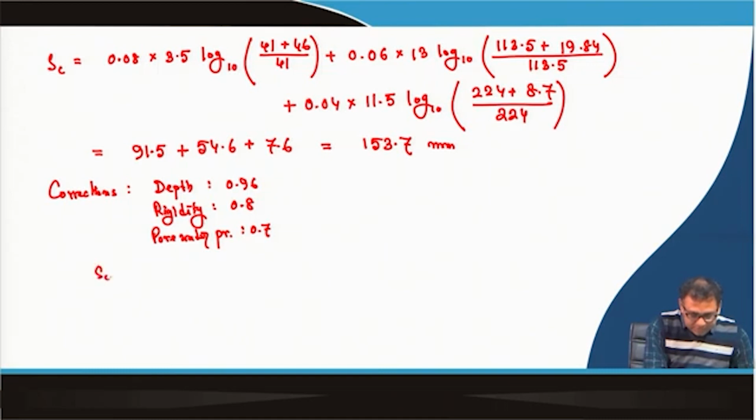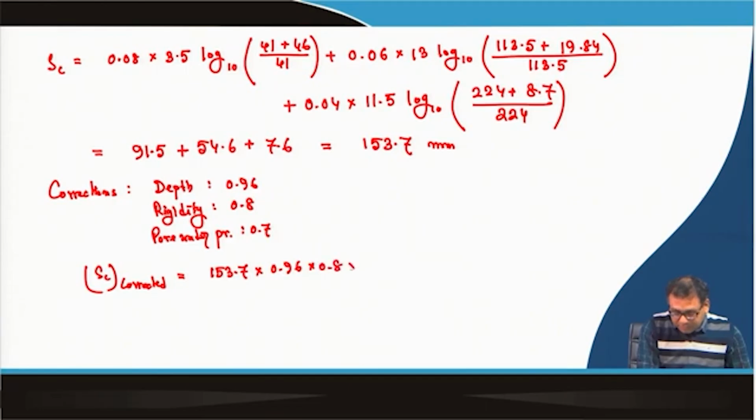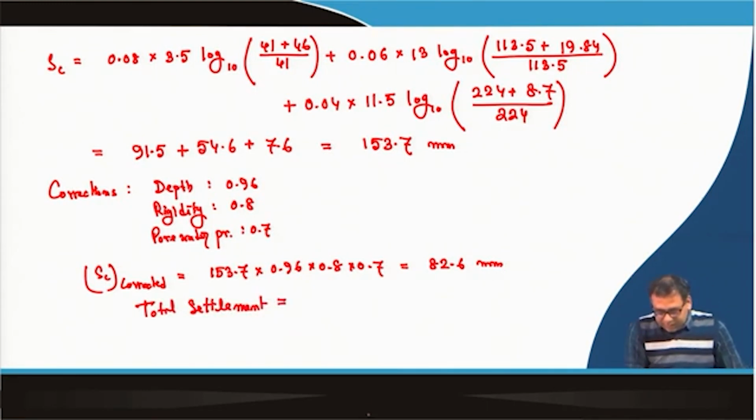So, my S_C corrected will be 153.7 into 0.96 into 0.8 into 0.7. So, which is 82.6 millimeter. So, total settlement considering consolidation and the immediate settlement, this will be 10.3 plus 82.6, that is equal to